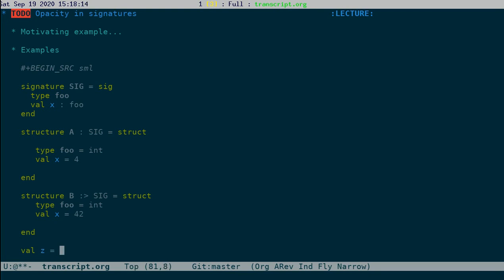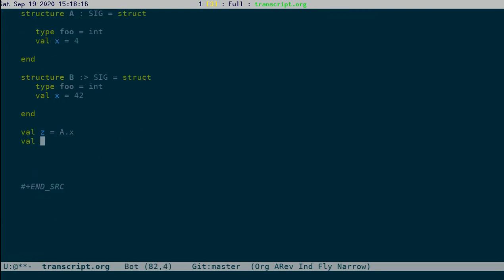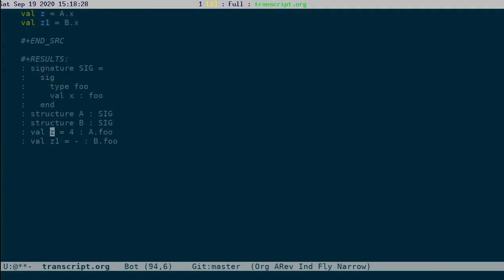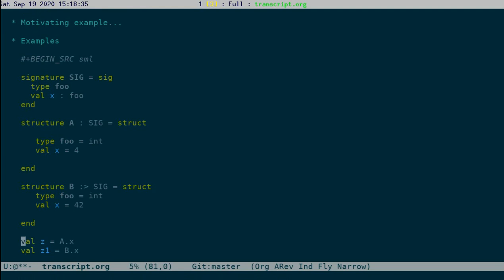Val z equal to A.x, val z1 equal to B.x. Notice that z is given the value 4, because A's signature is without the opacity, so it understands that A.foo is the same as int.